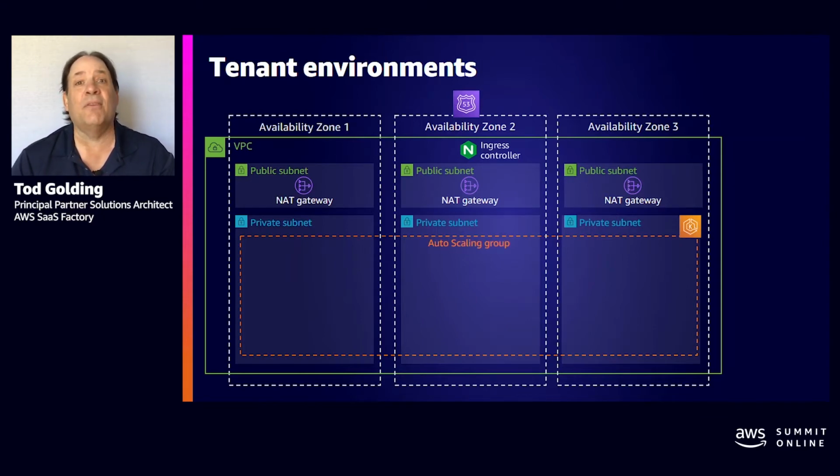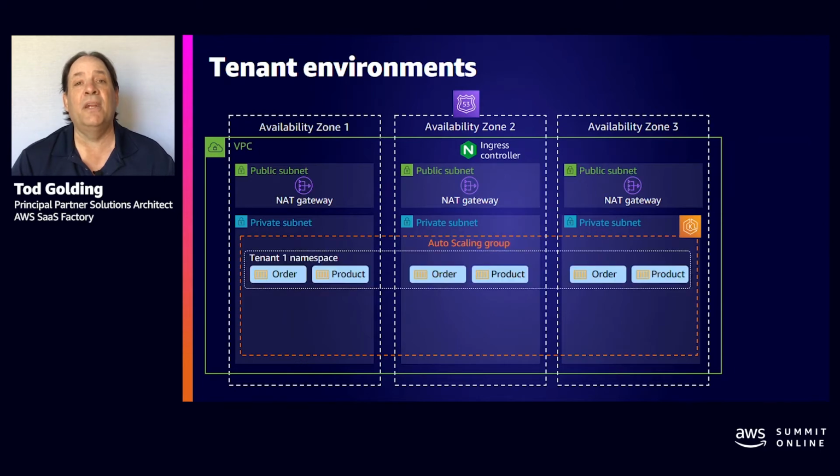And here in EKS, you have a number of options, right? And when we built this EKS reference architecture, we could have used a pooled model where the containers were shared, but that would have some isolation considerations, and so we'd have to think about that. We could have done a cluster per tenant, but what we thought was a good compromise here was a namespace per tenant model. So here, as you create a new tenant and as you introduce them into the environment, you'll see that a tenant namespace gets provisioned, and now the microservices for that namespace get created.